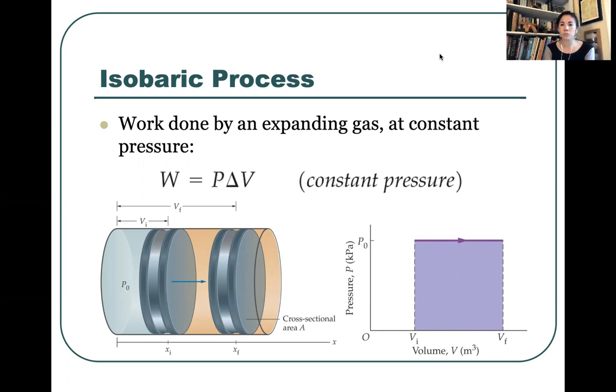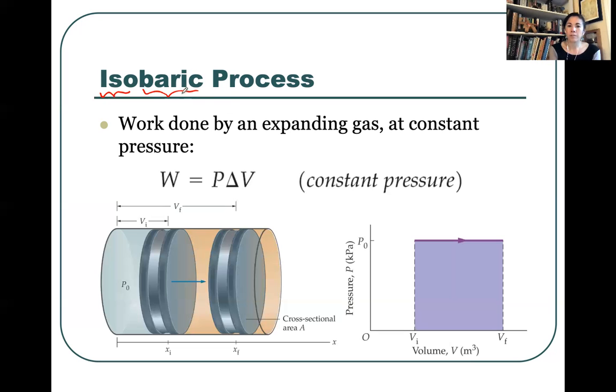And here we're going to start by looking at what we call an isobaric process. So isobaric contains iso, that's going to be something that we see a lot. Iso means the same, so that's the Greek root for the same, and baric, you may recognize or not, but it has the word bar in it, which is a unit of pressure. So baric relates to pressure. So isobaric means that we're looking at a process that is happening at constant pressure. Okay,